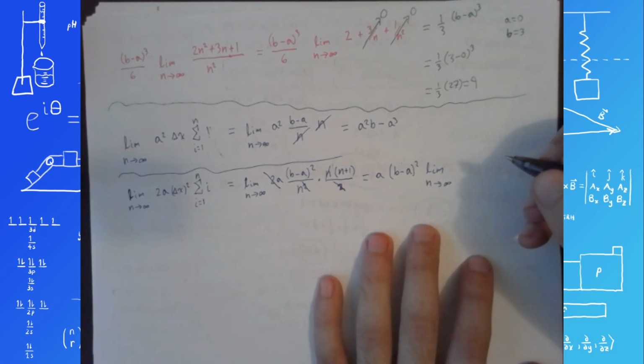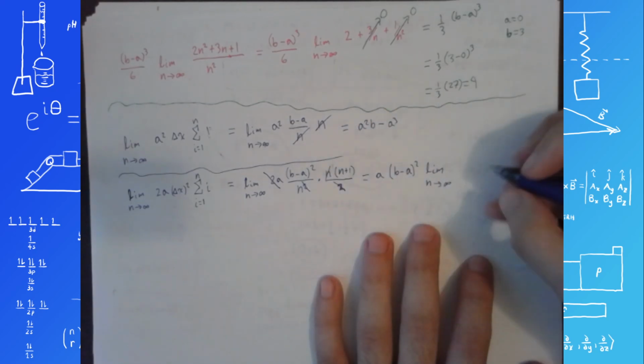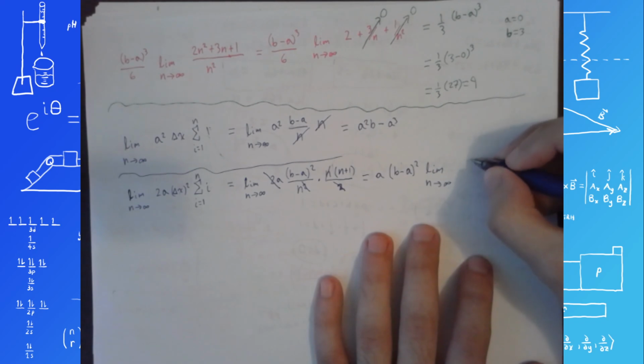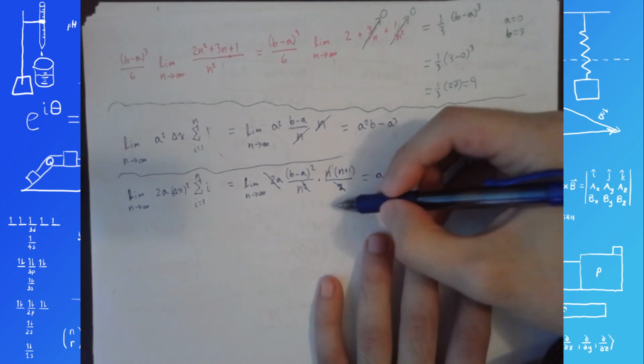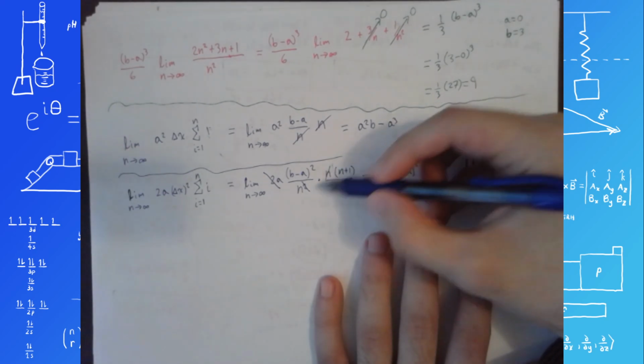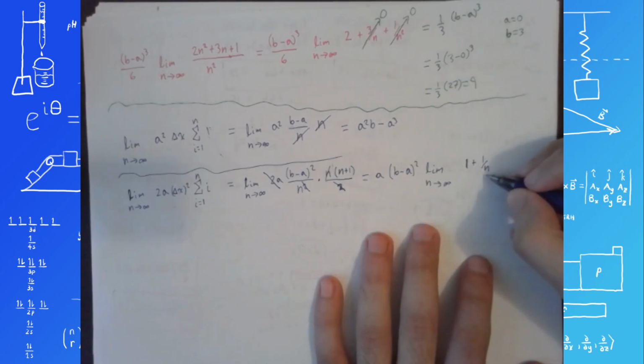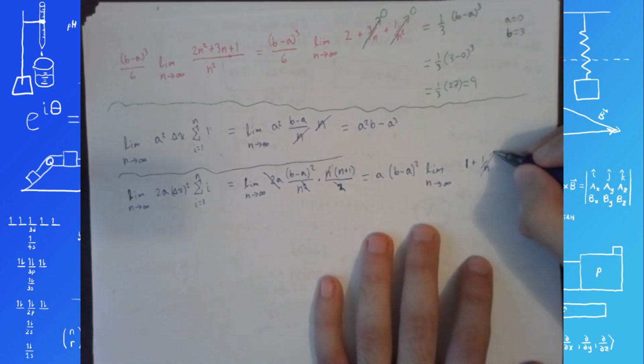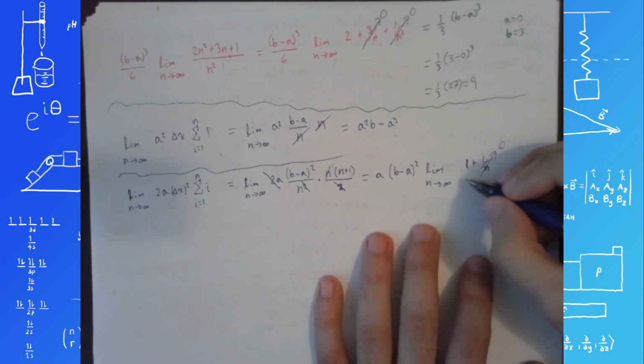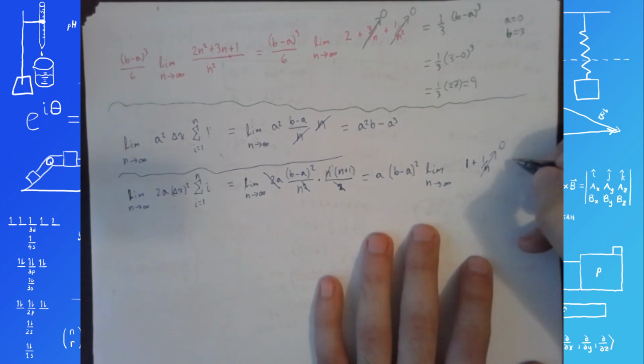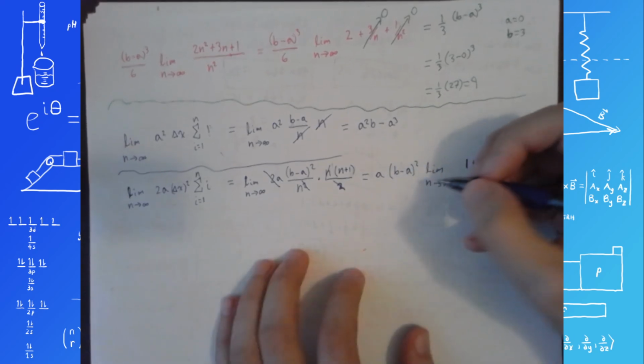And we've got, what's left inside? N plus 1 and n in the denominator. So n plus 1 over n. That's going to be n over n, which is 1, plus 1 over n. N plus 1 over n reduces to n over n plus 1 over n. And 1 over n, as n goes to infinity, goes to 0. So this limit just becomes a 1, which means we're just left with a times